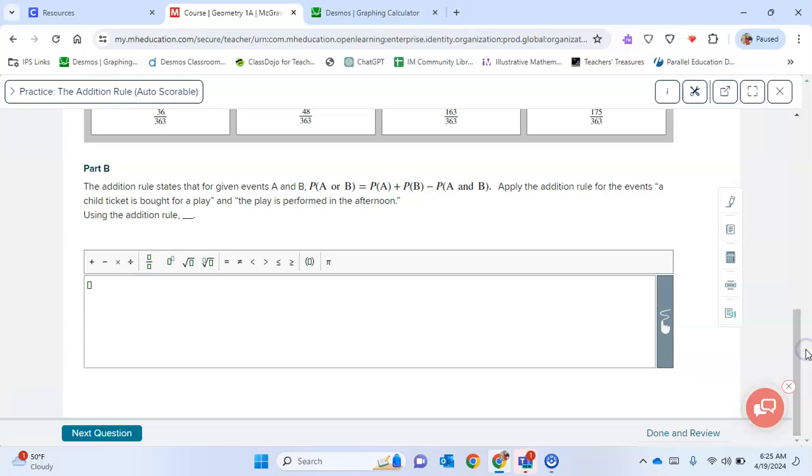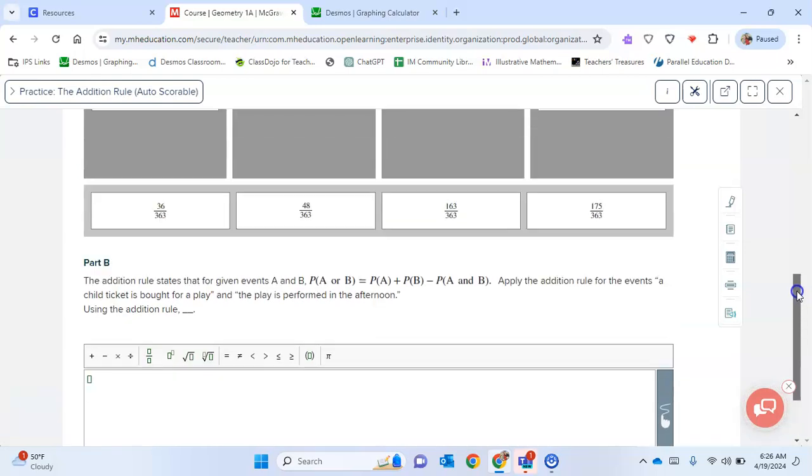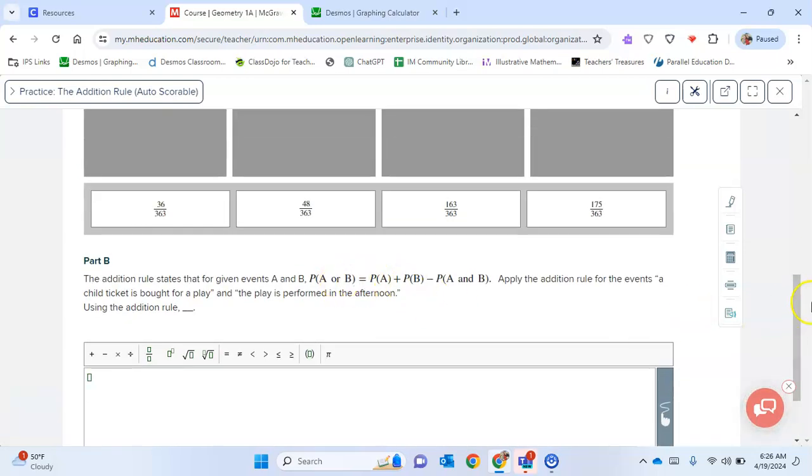Part B. The addition rule states for the given events A and B, probability of A or B equals the probability of A plus the probability of B minus the probability of A and B. Apply the addition rule for the events a child ticket is bought for a play and the play is performed in the afternoon. Using the addition rule, the probability that it's A or B,